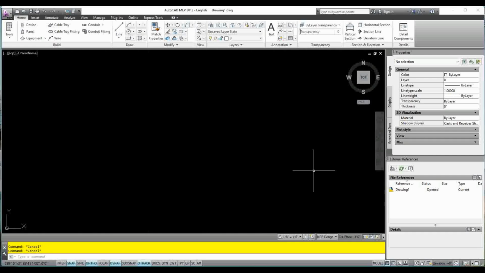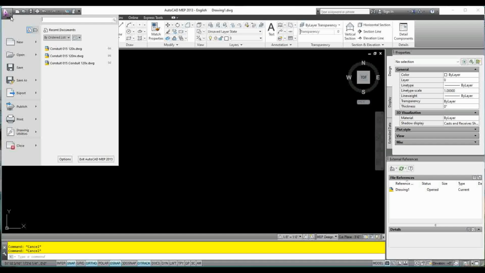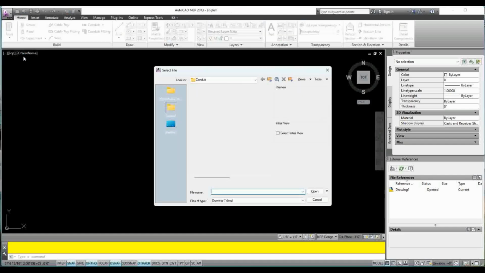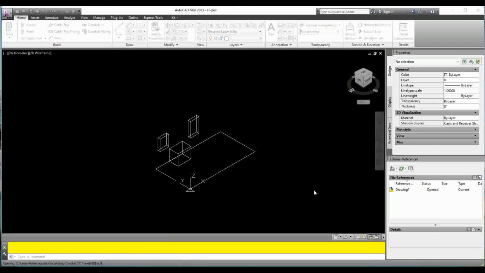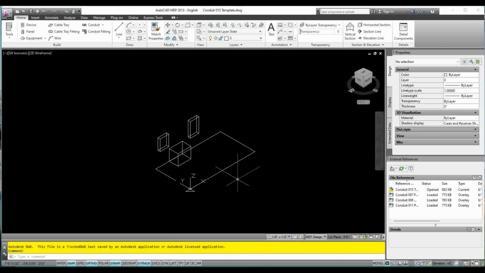So what I'm going to do is create a drawing from a template. Let's go here. Open, and I'm going to go to my conduit folder. And remember, we created that template in video 15. Let's open that template. Here it is. That's our template. Now, we're not going to draw on the template. We're going to save this as